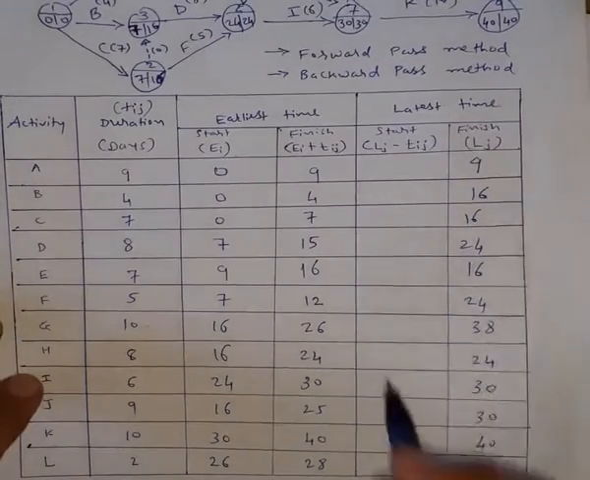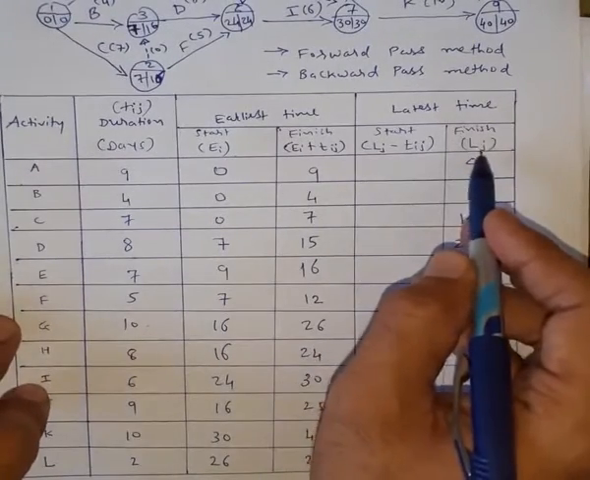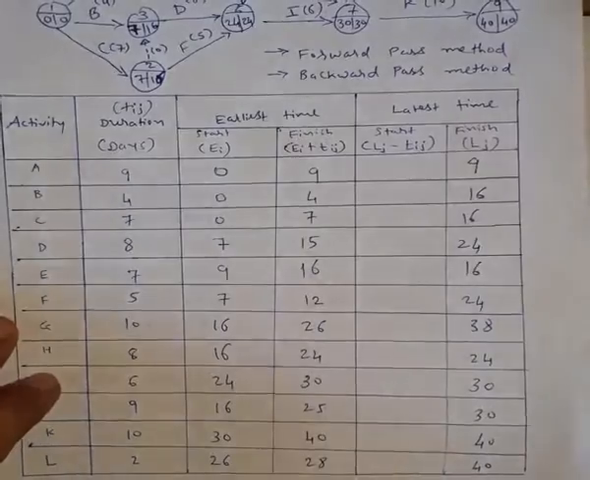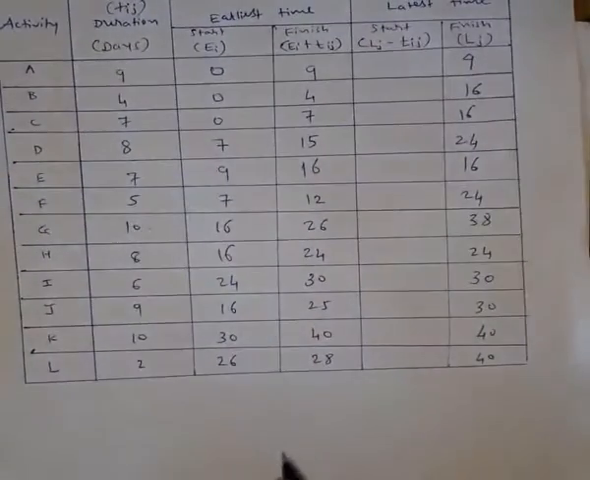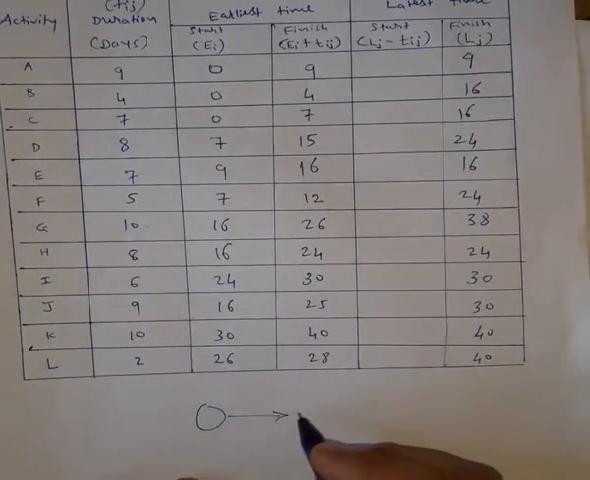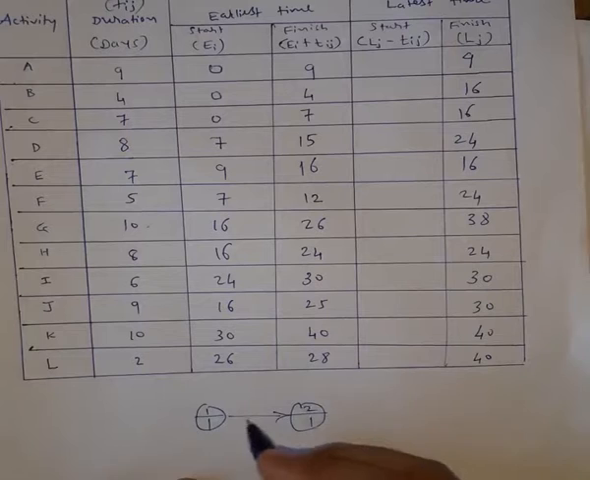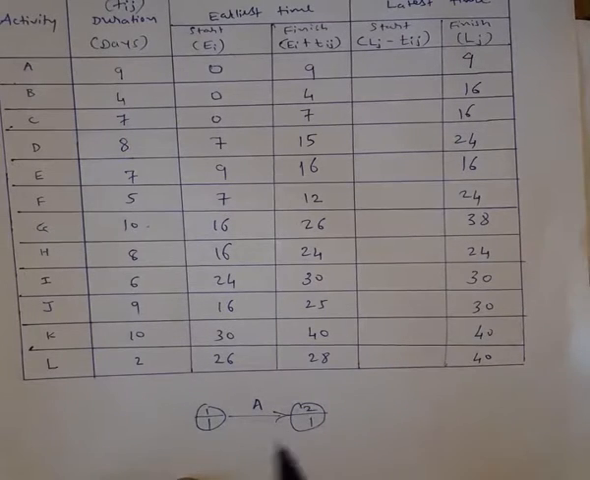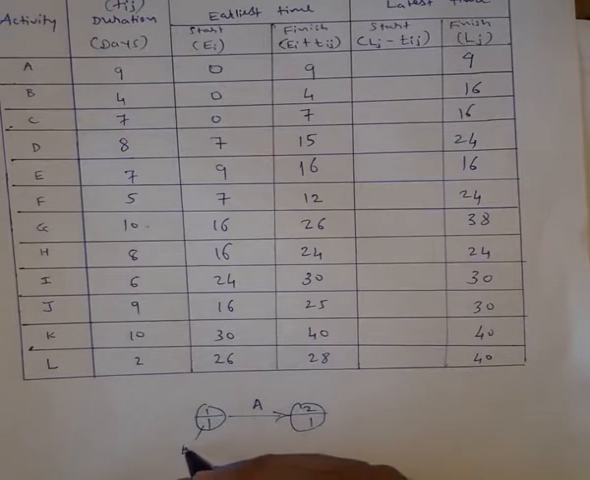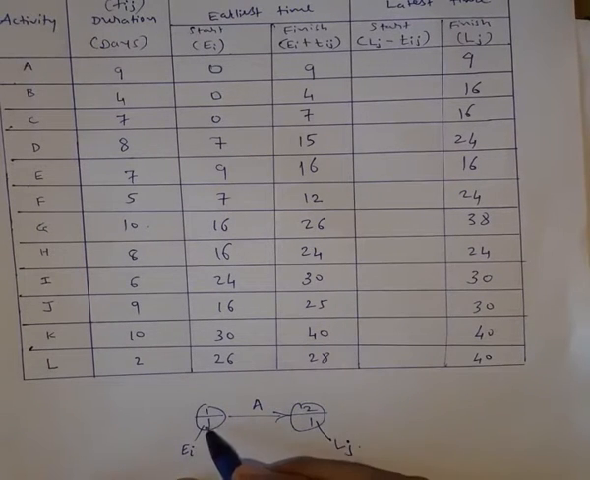Now latest start time can be found out because we have already found out latest finish time, that is LJ. So how had we found it out? See, this is the node, this is the partition, for example, this is an activity. So this side will give you EI and this side will give you the latest start time. The value that is shown on the left side of the partition will give you the earliest start time, and